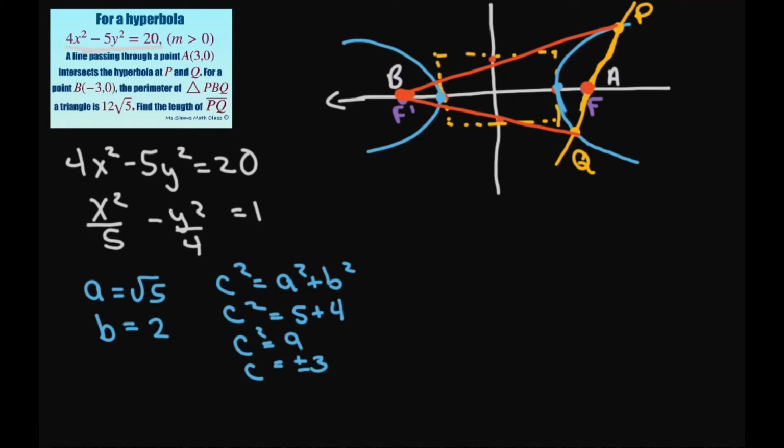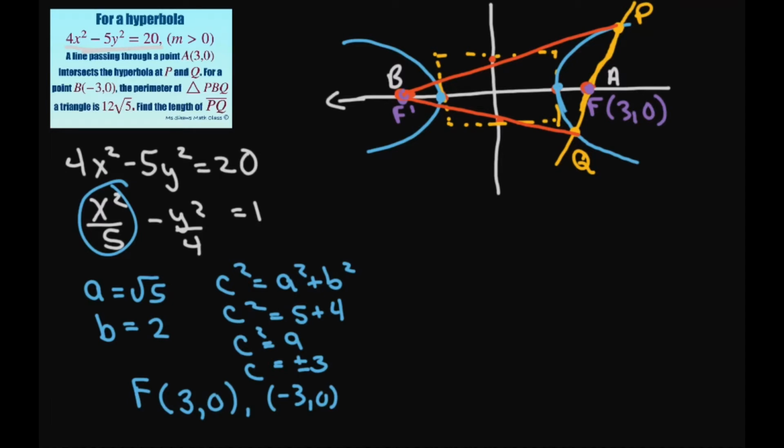So the foci of our equation, since x is the lead here, are on the transverse axis, which is the horizontal axis. So we have 3, 0 and negative 3, 0. These are the points here. All right, since A and B are the foci, because they gave us A and B here, and they happen to be the same as our foci,